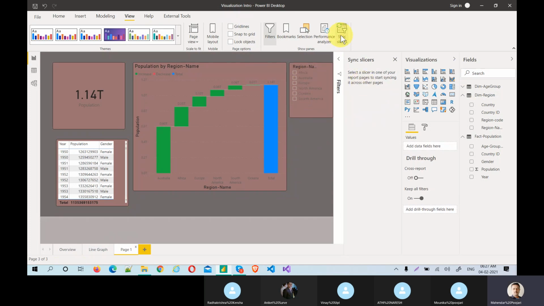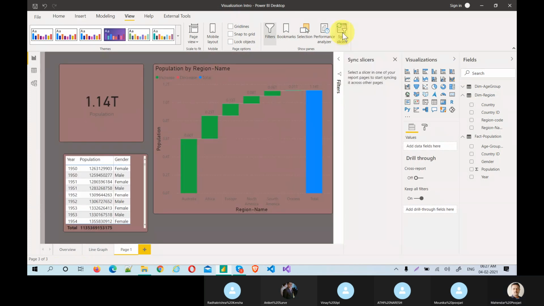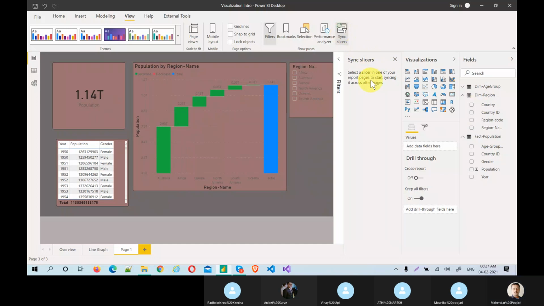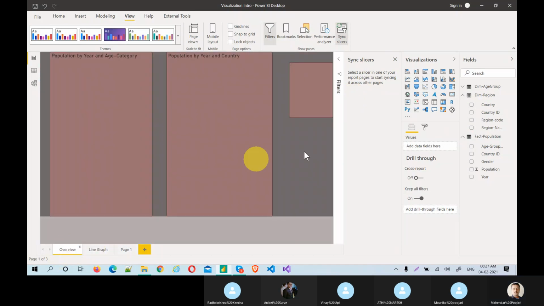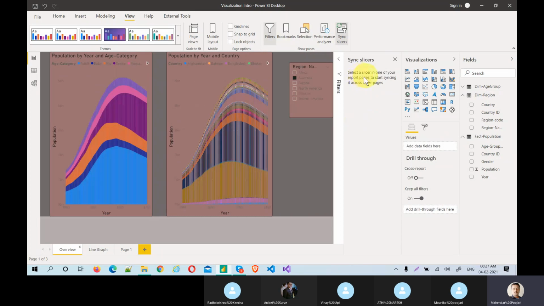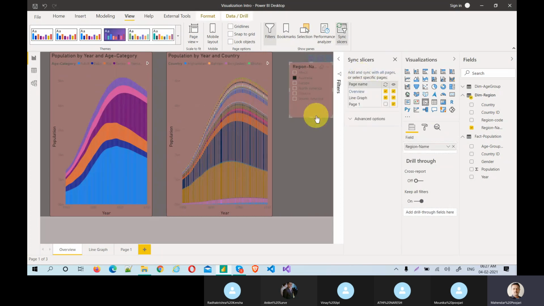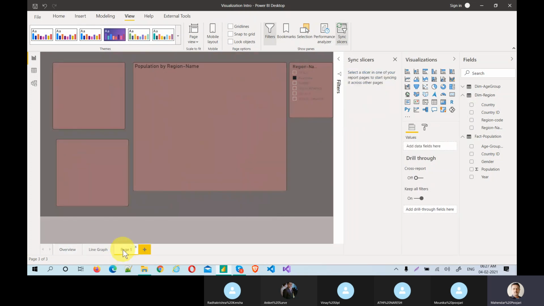Let's see the sync selection. Start syncing. Select a slicer. I've selected it. Now even on the first page it will work.